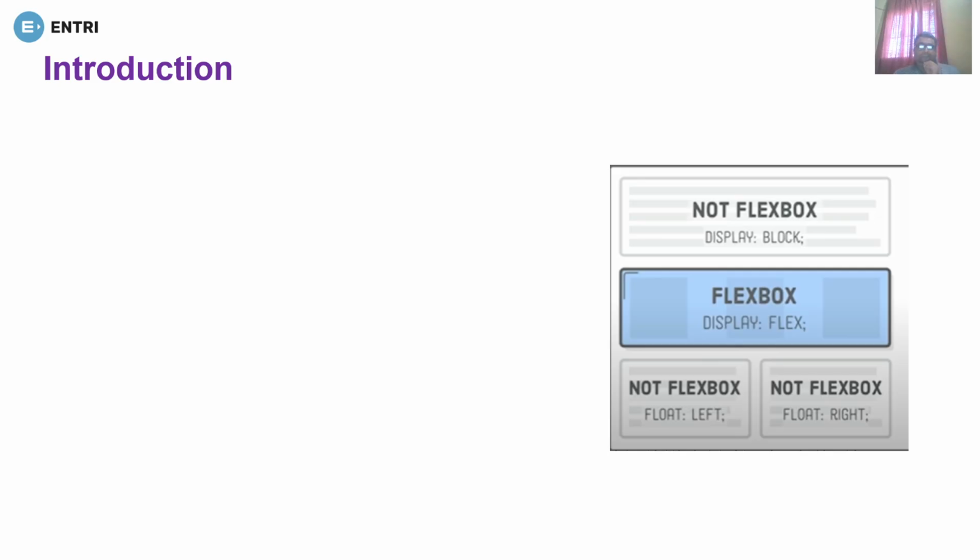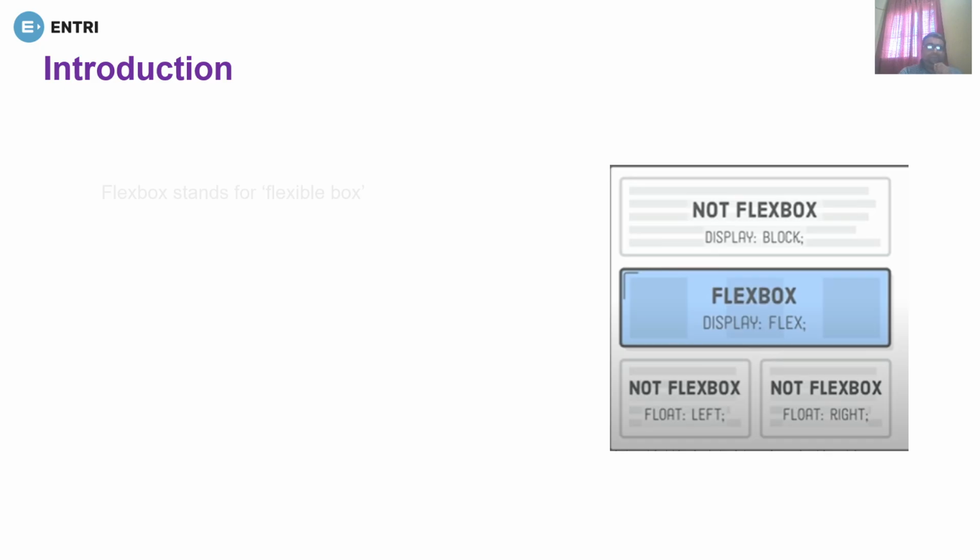Now a Flexbox is something where the display, instead of giving it as a block, is generally given as flex. By doing so, the display is neither inline nor block, but all the flex properties are applicable only if the display of the container is set as flex. Now, there are different properties which we can apply